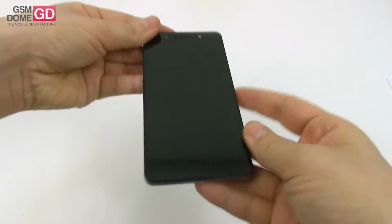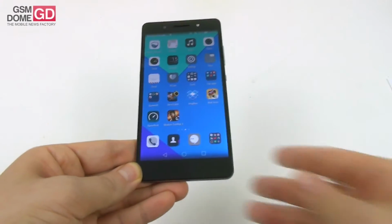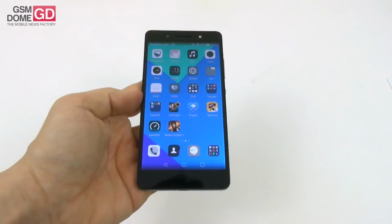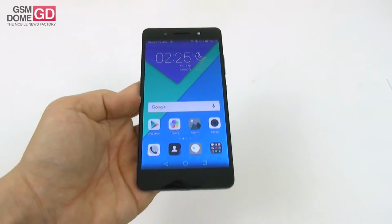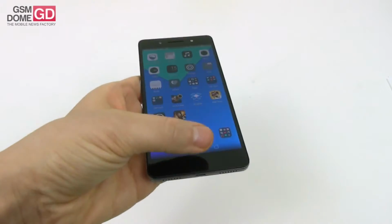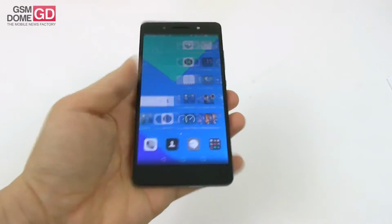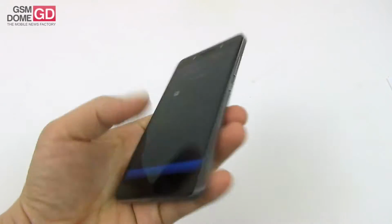The diagonal has increased from 5 inches to 5.2 inches and we have some angular edges here, which mean that the phone is not exactly hugely comfy in the user's hand. However, the grip is okay and one-hand usage is also pretty good here. We have a solid build, we have comfy buttons, including an extra one on this side, so regular buttons and